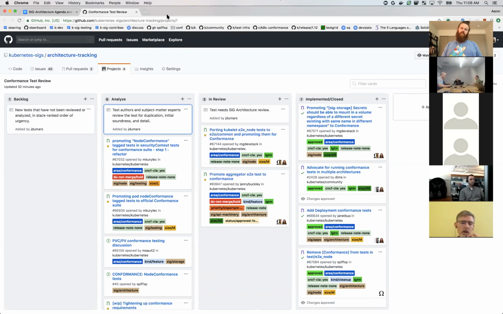I reviewed all of the open conformance test PRs that I'm aware of, all the ones that were in the dashboard. If there are ones that were not labeled area conformance in Kubernetes, and/or were not in the dashboard, then I didn't get to them. Please fix both of those things: add the label and file an issue to the architecture tracking repo to tell us to add it to the dashboard. Now, the tests that are